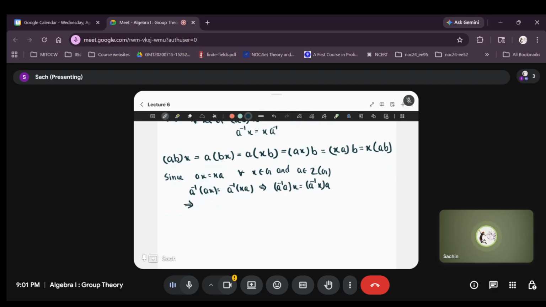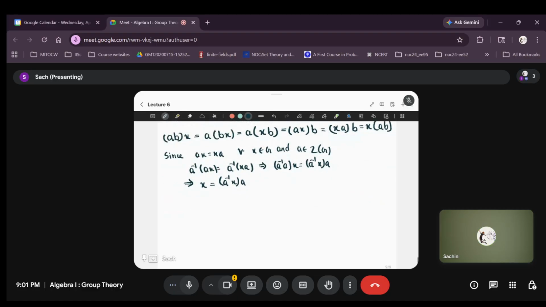This implies that A inverse A times X is equal to A inverse X times A. But A inverse A is the identity E, and E times X is X. So X is equal to A inverse X times A. Then you multiply on the right by A inverse. Get X A inverse is equal to A inverse X times